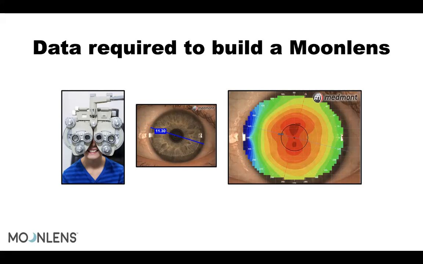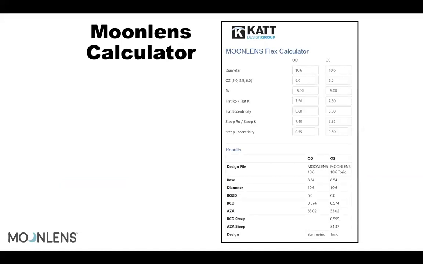So let's switch slide. So Moonlens calculator, that's the exciting tool to have. As you can see, with the Moonlens calculator, you're going to put some information about your patient. You're just going to put the spherical refraction. You're going to have the diameter, which is by default 10.6, because that's usually the standard diameter that has seen more good results. Just be careful about the diameter,